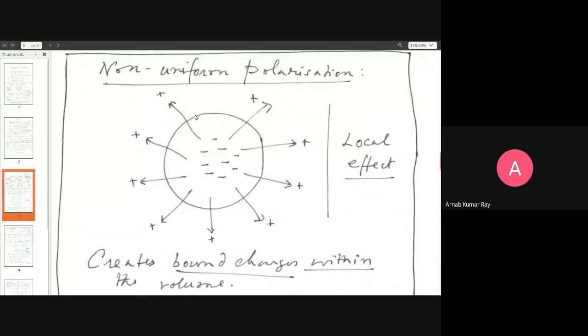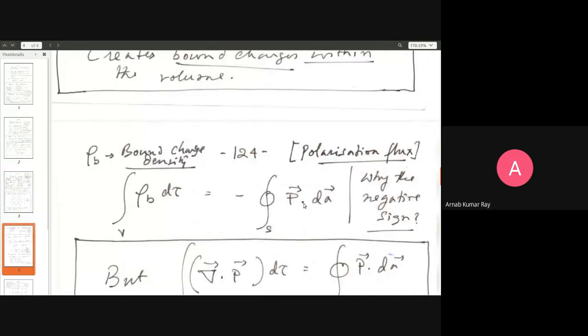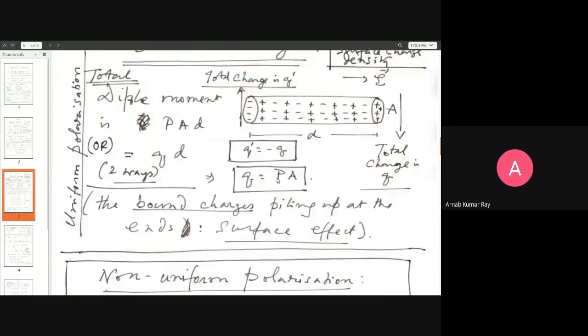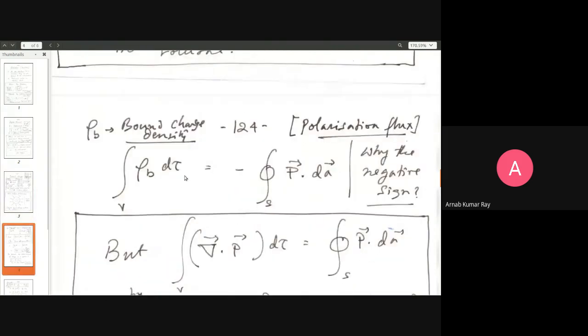It's going to be a scalar, of course, but area is a vector quantity, and so is polarization. Take the dot product of the two things to get a scalar. The outcome will always be a charge. I've written something over here. Why the negative sign? Well, this is the answer. Q prime is equal to minus Q. This is just this simple formula written in slightly complicated form